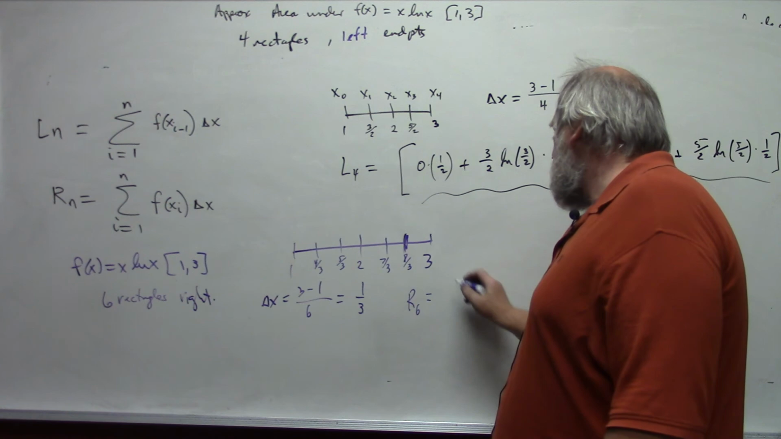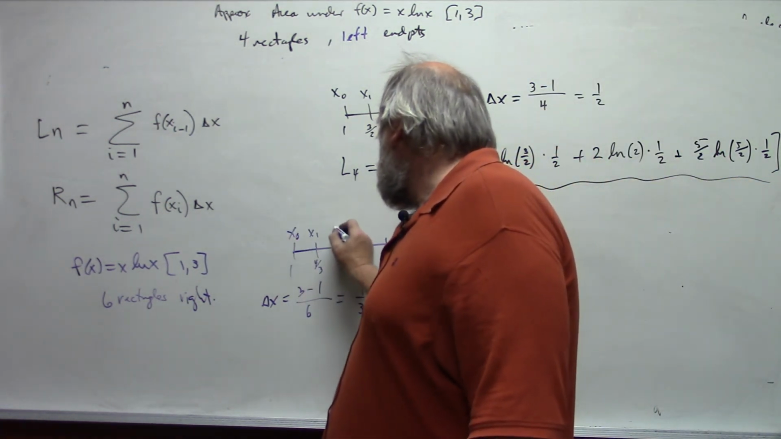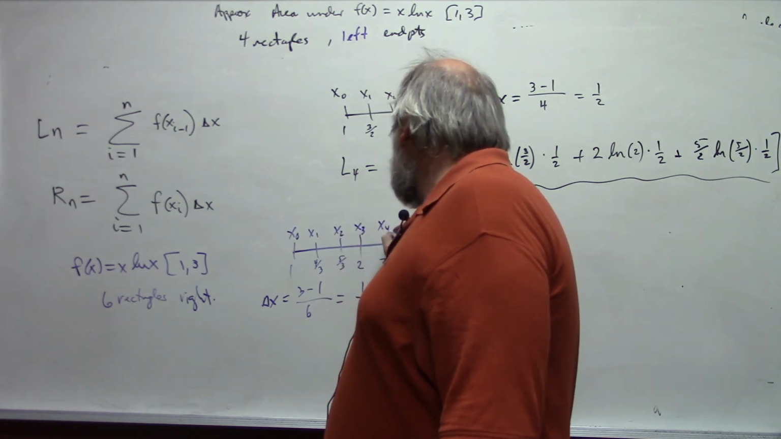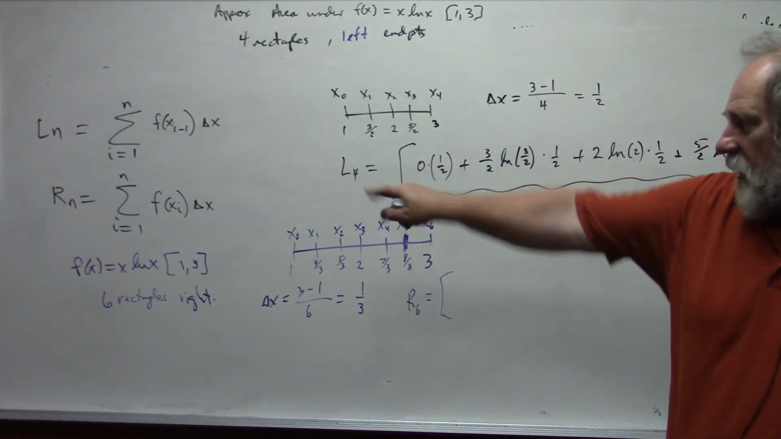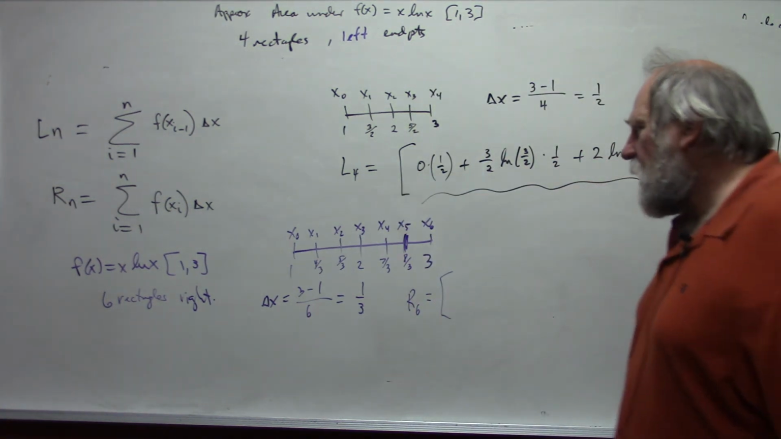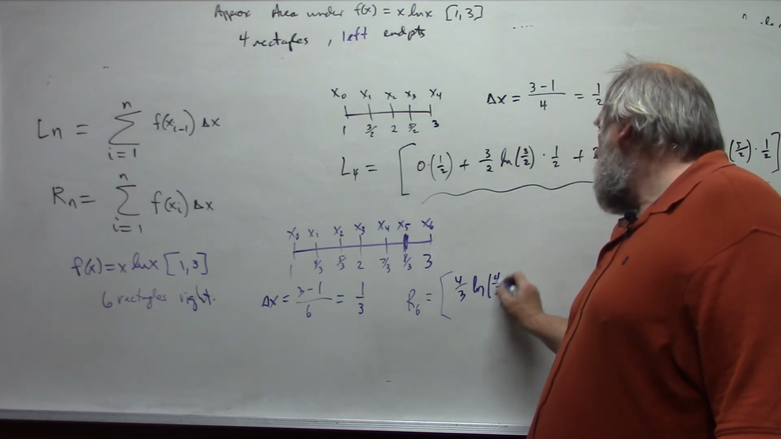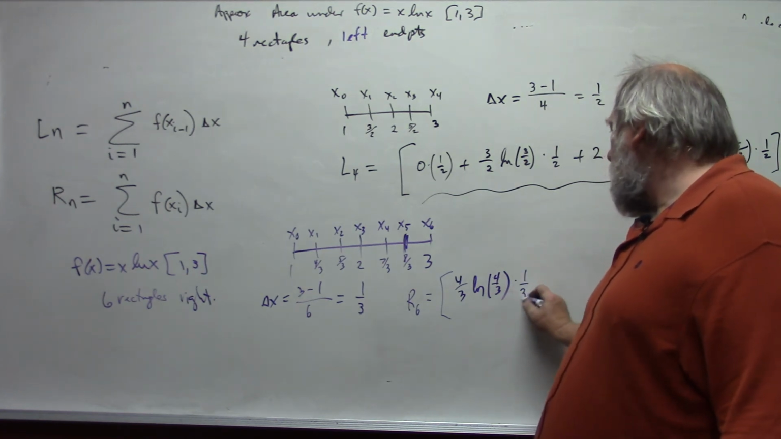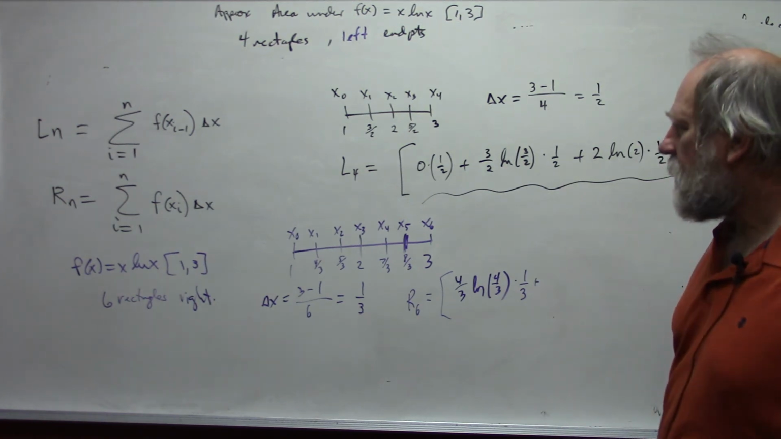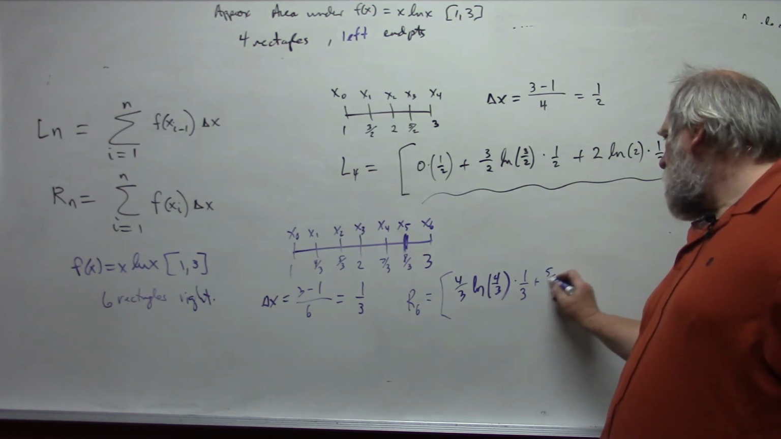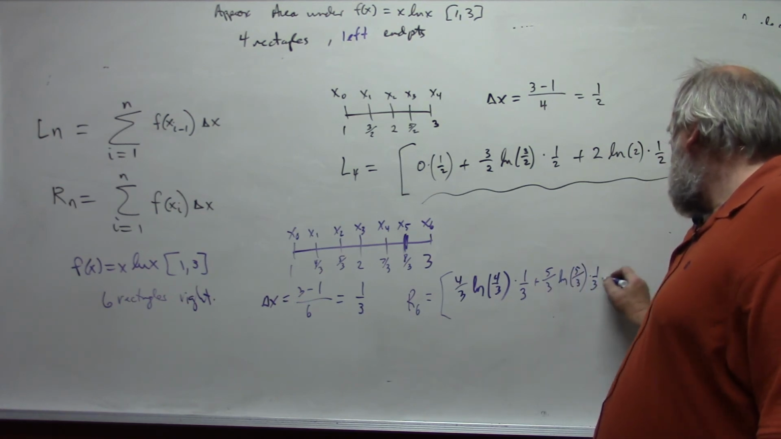And R6 in this case is going to be, let's write our values, x0, x1, x2, x3, x4, x5, x6. Following my formula over there, f of x1, which is 4/3 natural log of 4/3, times my delta x, which is now 1/3, plus f of x2, 5/3 natural log of 5/3, times 1/3, plus